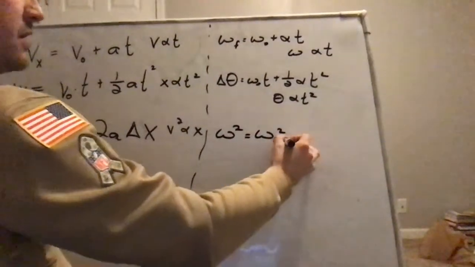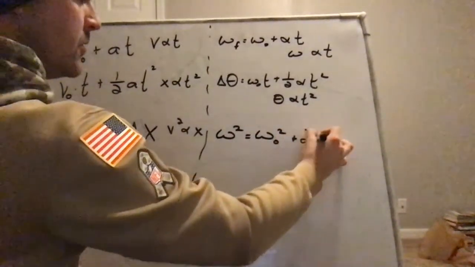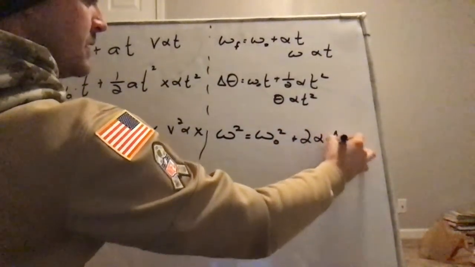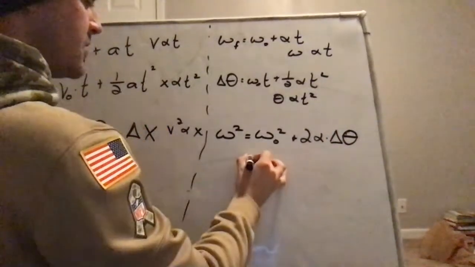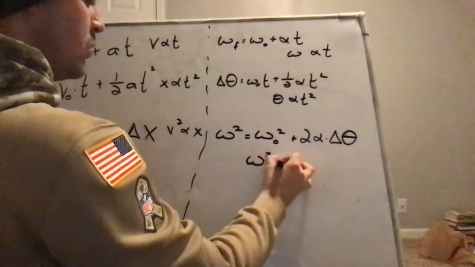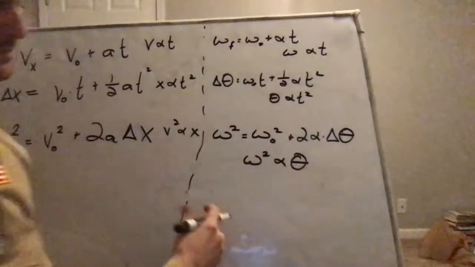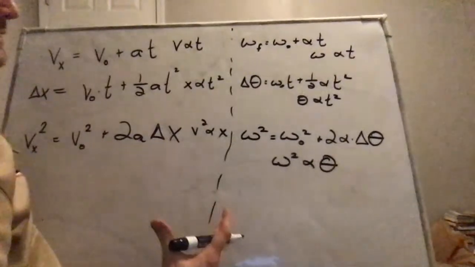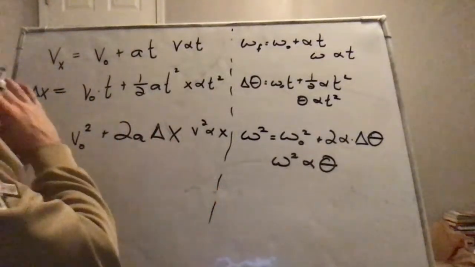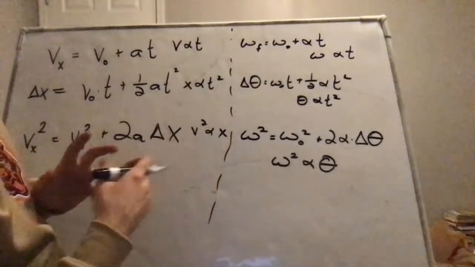omega squared equals omega initial squared plus 2 alpha times change in theta. And this told us that omega squared was proportional to theta. These were our proportionality statements. And then we went wild with these, solving a bunch of different equations,